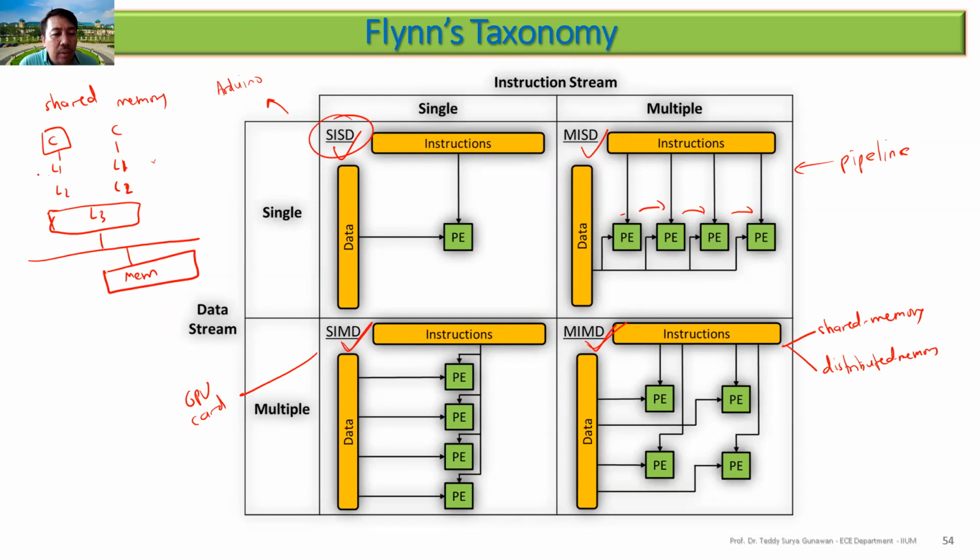For example, variable X is updated in L1 of core number 1, but it is not updated in L1 of core number 2, so core number 2 will see a different value of X. So we need to propagate the value of X, whether by write-through or write-back, which means you either mark it dirty or you update immediately, instantaneously. So although we make it faster, there is some issue because you need to keep track of X. You might have the X value in the memory, so the memory needs to be updated, and the variable in the other cache should be updated also. But this is the shared memory.